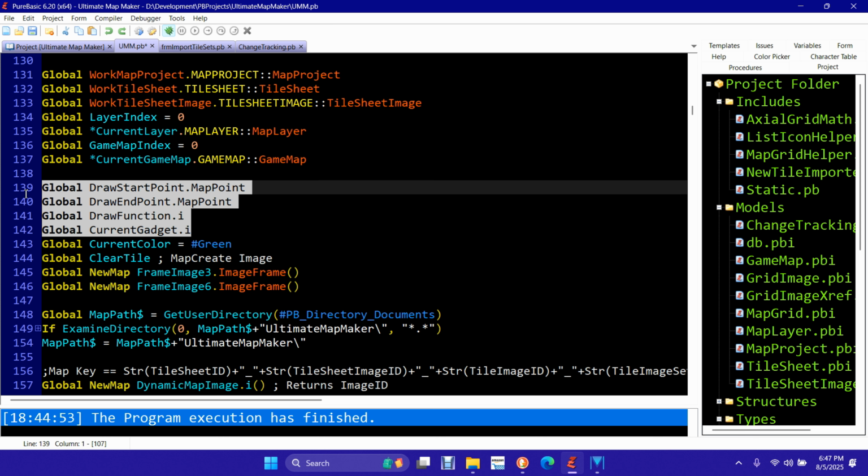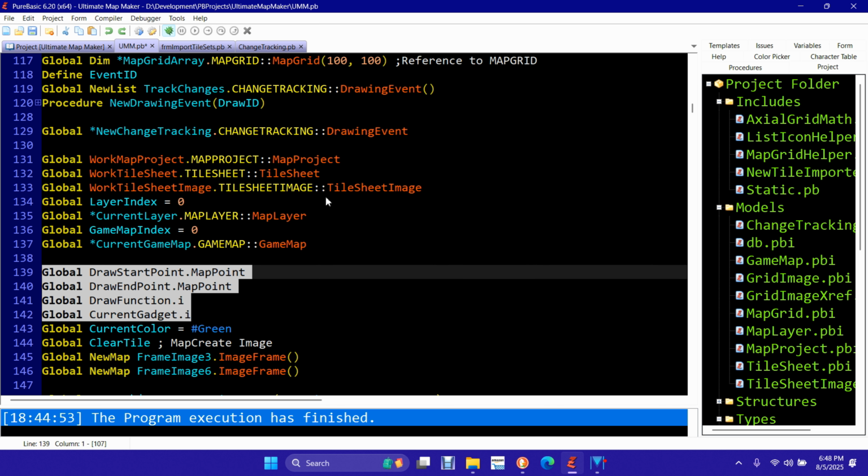Okay, and so the current function is freeform draw, fill, box, outline. It's the thing you're drawing. The current gadget is the Canvas gadget that we're dealing with. There's, let's see, there's another one. What was he called? I thought I had them all together. I guess I don't. So we also have